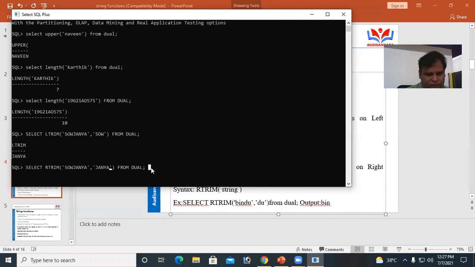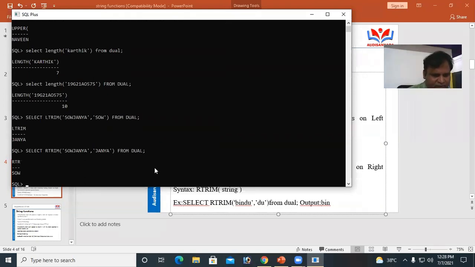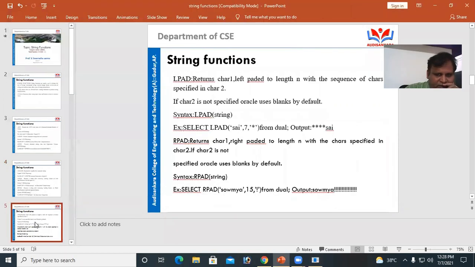The last characters are removed. The displayed output is Sou. LTRIM means we are trimming left side characters. RTRIM means we are trimming right side characters.